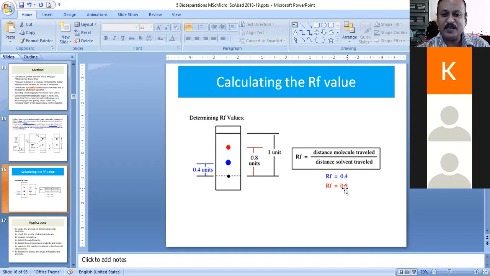So if the retention factor, the RF value, is more, then what does it mean? It means that the distance traveled by that particular component is more. 0.8, right? And you will also be able to understand that the value of the retention factor is never more than 1, because it is a ratio of the distance traveled by the molecule to the distance traveled by the solvent front. The distance traveled by the solvent front is always more than the distance traveled by each component. So your denominator value is always